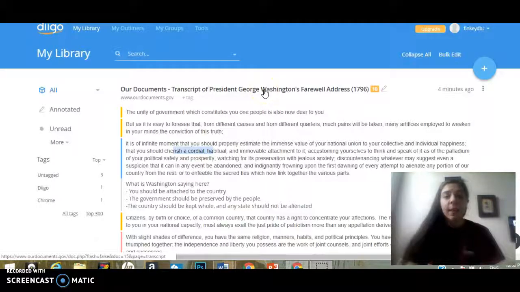Here you can see the transcript of President George Washington's farewell address. It has the website that I found this on, and it has all of the highlights and sticky notes that I've made. It allows you to be organized by changing the color of your notes and highlights. So maybe you could do a question in yellow, but some kind of note in blue. So it really makes organization easy, and it's really good if you're looking at primary sources like I would be